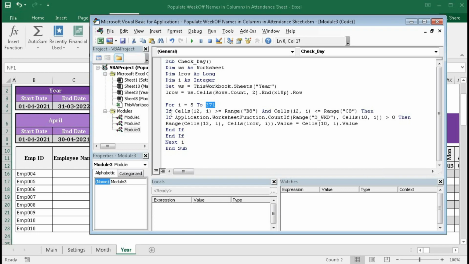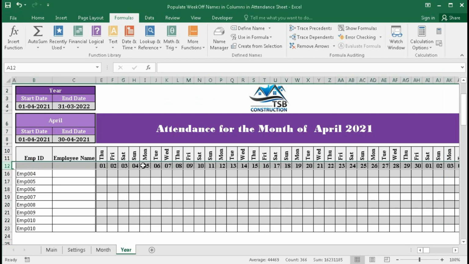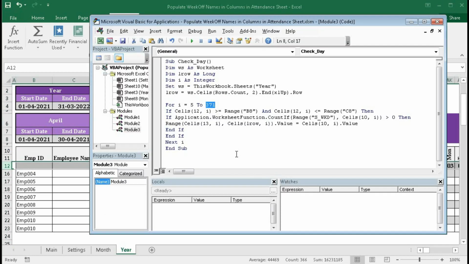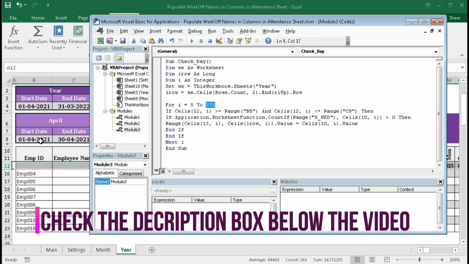So our condition begins with if cells 12i. 12 means this row, and this row contains the dates. So if this date is greater than or equal to B8, that means this cell. If row 12 contains this date or greater than this date, then it will populate.